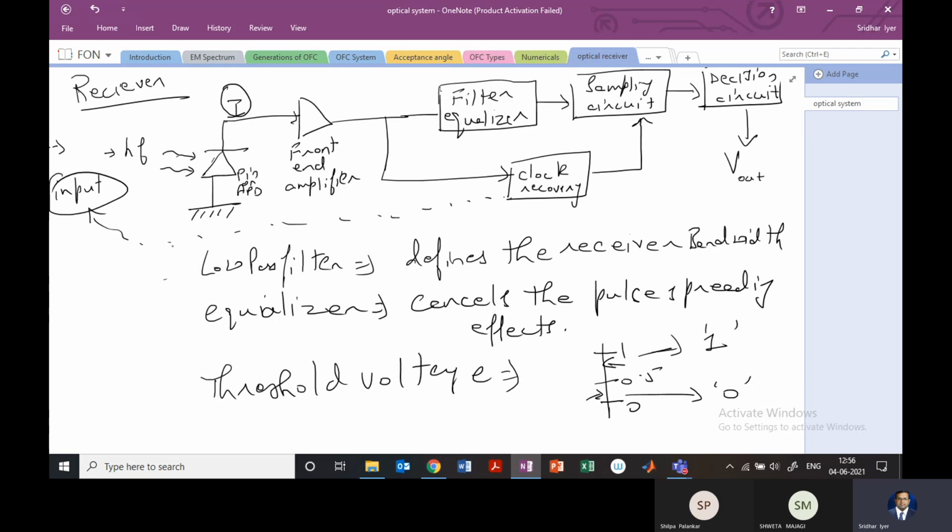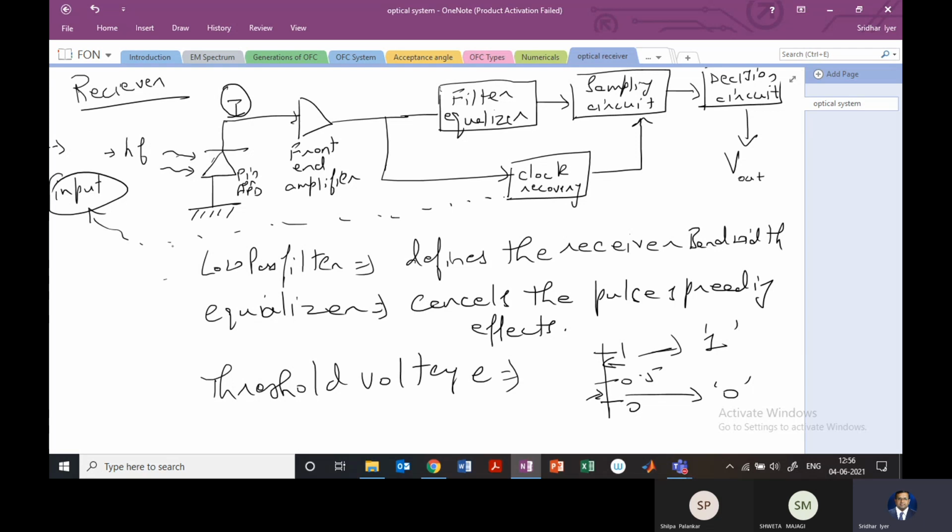I'm sure you are aware of coherent and non-coherent system. Coherent systems are such in which the receiver and the transmitter know each other, in the sense their phase and the frequency and the time at which the bit occurs, right? So based on that, the clock will help the sampling circuit in sampling, and this entire process is known as clock recovery. So if you sample a little higher or little lower on the bit rate, then the proper sampling will not occur. Okay? So that is the whole idea of this particular circuit.